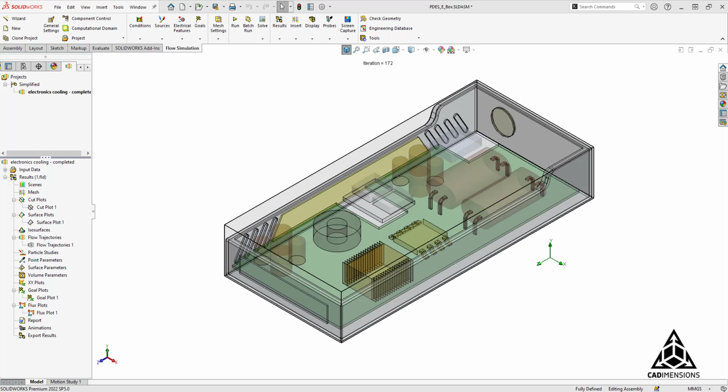This time we're talking about one of the underutilized tools in SOLIDWORKS Flow Simulation, and that is the ability to create what we call scenes in SOLIDWORKS Flow Sim. In this example, I've got my analysis run. I have all of these different results I want to look at. I've got some cut plots, some surface plots, some flow trajectories, everything I might want to use in terms of